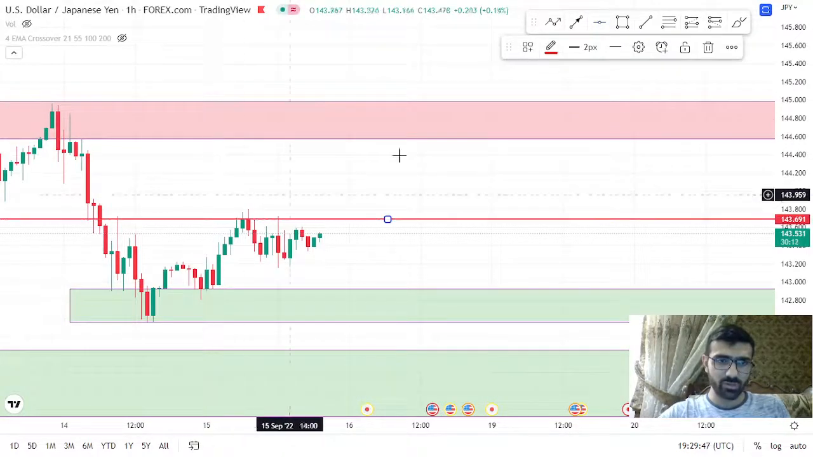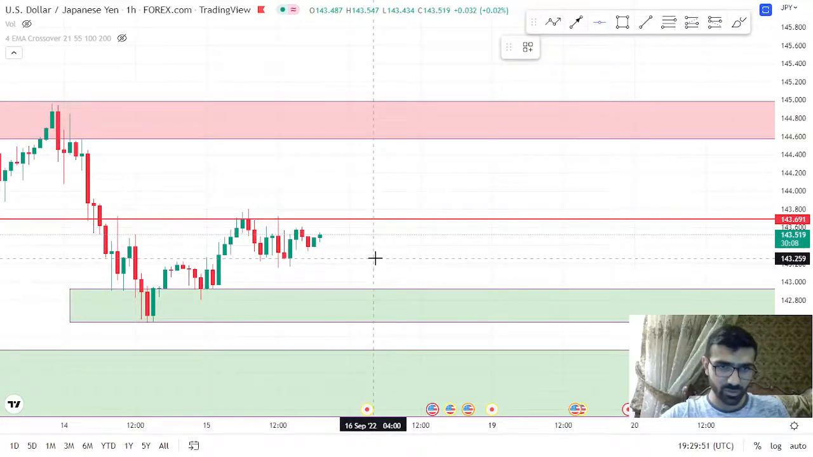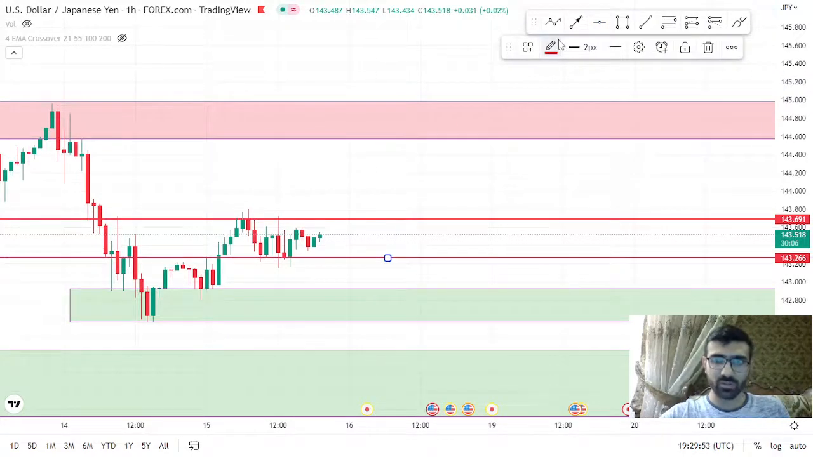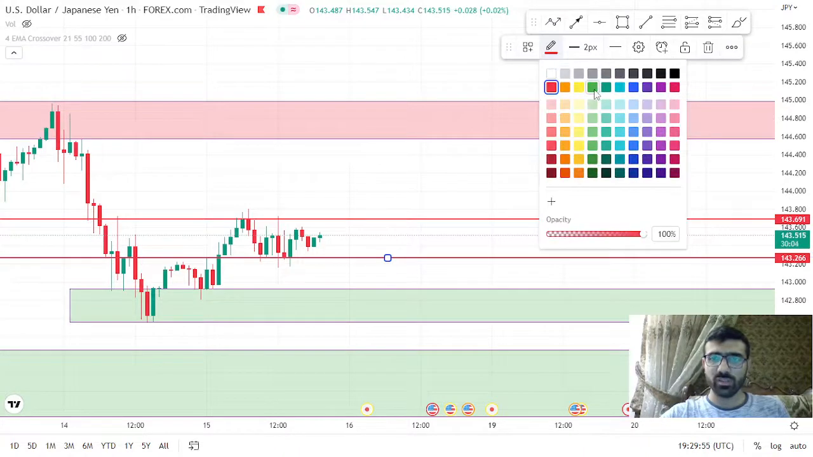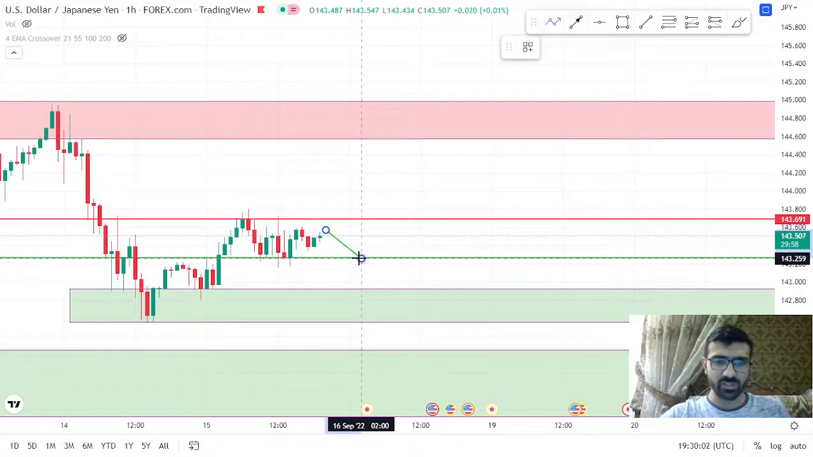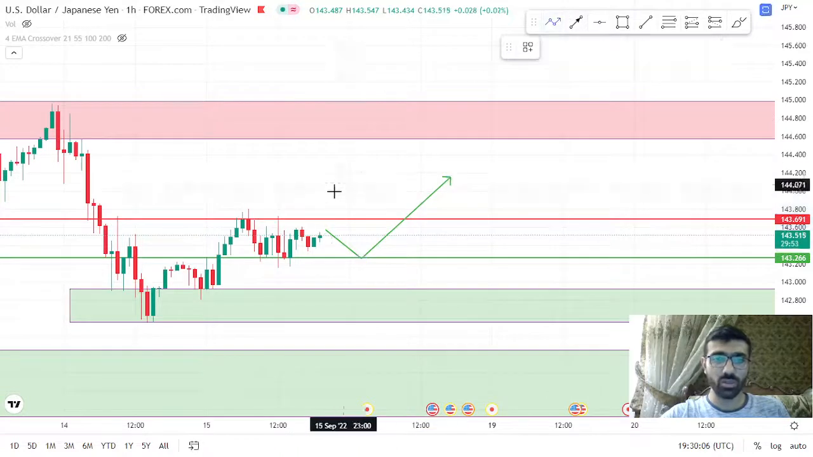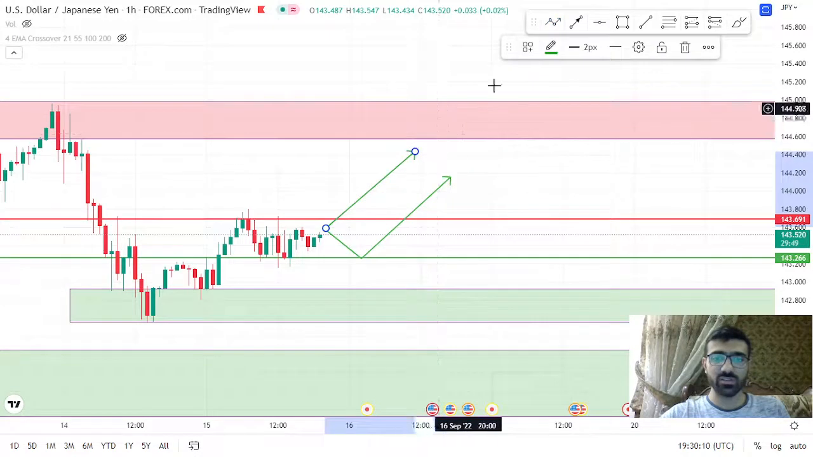So this will be my short-term area of resistance, and my short-term area of support will be this area. Okay, so let me give you the fresh areas to buy and sell. So if market says this is support area once again and market closes above this area, we are going to go long. And secondly, if market just closes above this area of resistance, we are going to go long